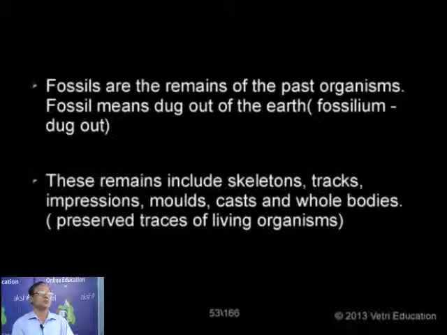Even for dinosaurs, we have collected only the imprints, and some sort of skeleton also. Even the tracks, left out prints, and also the whole body. One mammoth, one elephant, a woolly mammoth, has been recovered nearly 20,000 years back from Siberia, the frozen soil. The frozen soil, the ice, acted as a preservative. That is why the whole mammoth, a huge elephant, has been recovered.